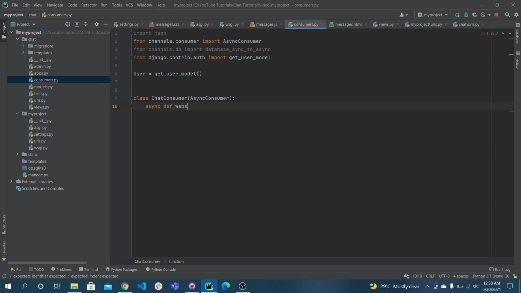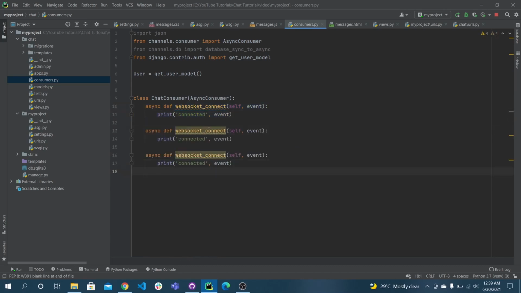This async consumer has a few methods which we will override. The first method is websocket_connect. We will print the event simply as we did in the front end. There are a few more methods which we will override. I will copy this. The next method is receive. The last method is disconnect.